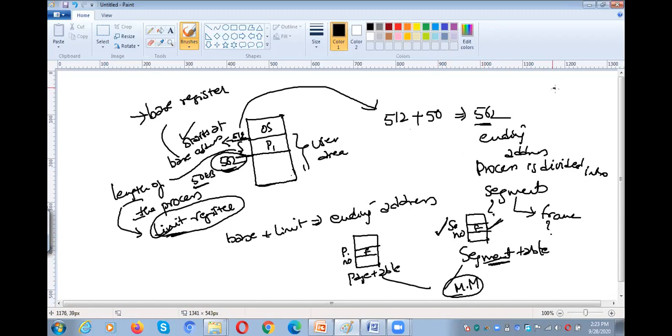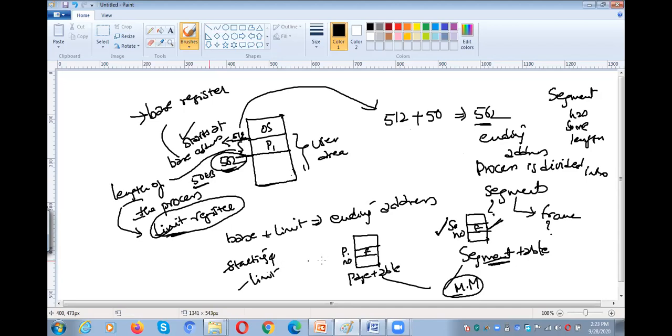Each segment has some length or size, where it starts and where it ends. Why? Because in the case of paging, we never talk about a starting address, that is a base address, and a limit. Why are we not talking about starting and limit?